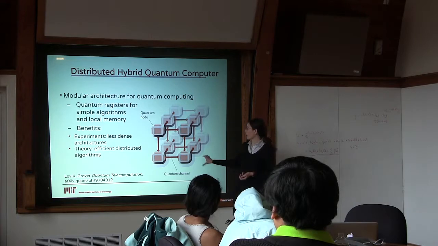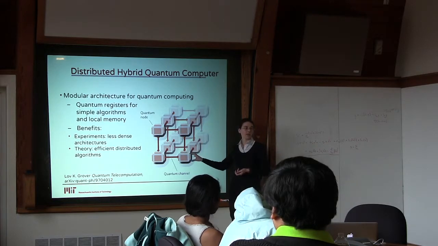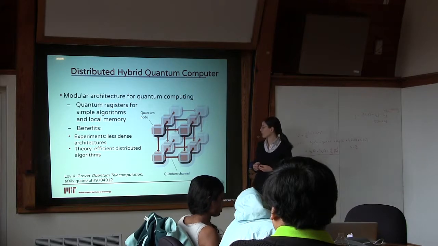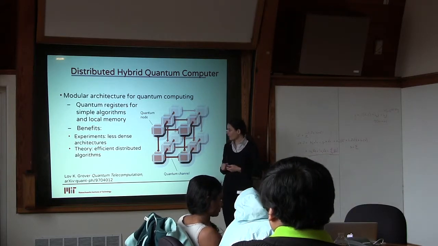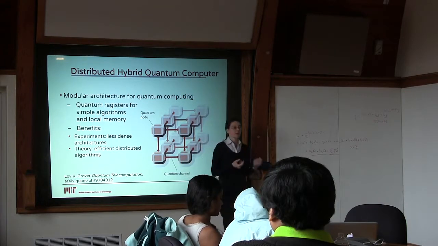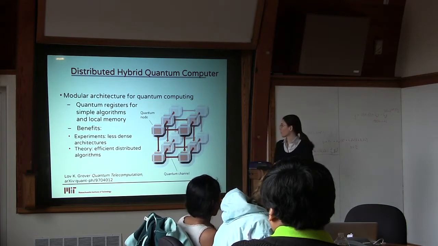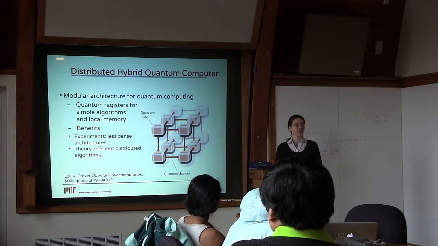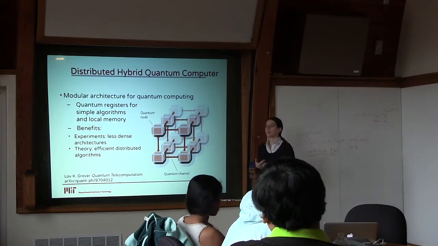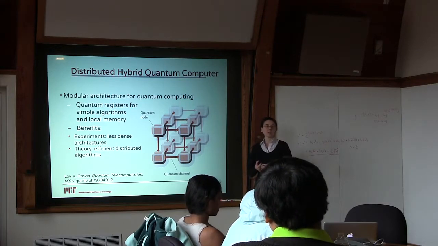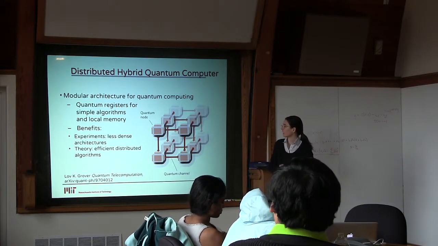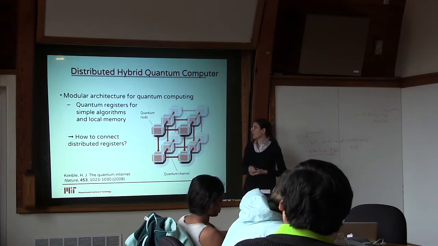You can, of course, have very good control on these separate units, and then try to implement some transfer of information in a way which is also robust and maybe requires less control on the wires themselves. Also, there's been a lot of work on the theory side of this distributed quantum computing, and people have come up with very efficient ways of implementing quantum computation on distributed architectures, which also gives you some benefit in terms of the resources that you need for the implementation itself. So there are some possible benefits of this architecture, and so the question, if you want,